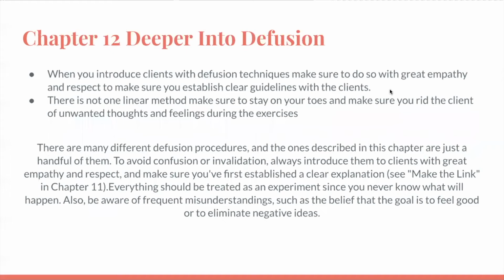Chapter 12, Deeper into diffusion. When you introduce clients to diffusion techniques, make sure to do so with great empathy and respect. Make sure you establish clear guidelines with the clients. There's not one linear method. Make sure to stay on your toes and make sure you don't rid the client of unwanted thoughts and feelings during